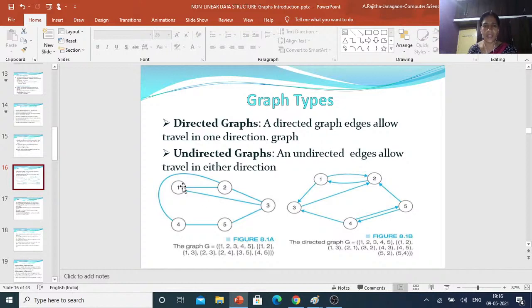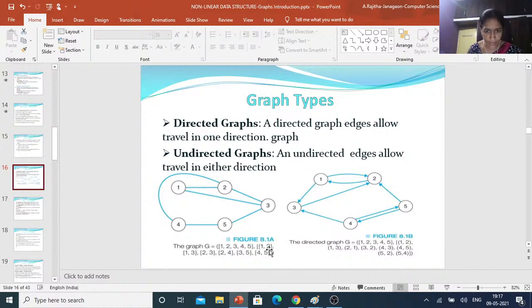Suppose this is the undirected graph. You can observe this graph contains how many nodes? 1, 2, 3, 4, 5. Five nodes. That means G equals a set of vertices and a set of edges. The set of vertices contains 5 vertices: 1, 2, 3, 4, 5. Coming to the edges, 1, 2 is one edge. Undirected graph edges are represented within curly braces.